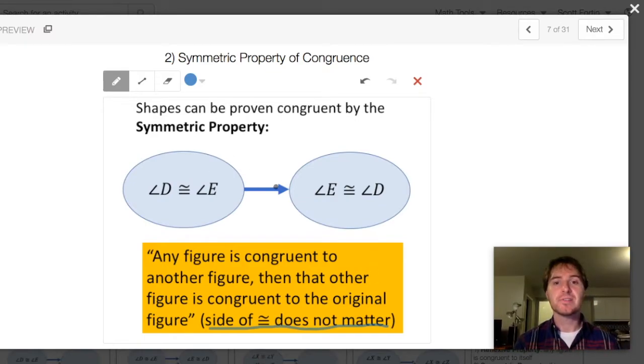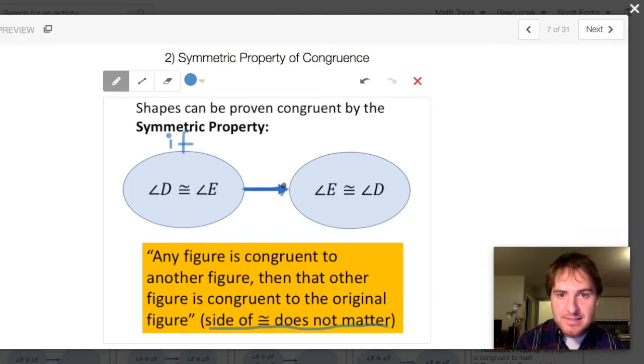So if you remember this, just quick reminders, when we have something written out symbolically like this, remember, this is the hypothesis and that is the conclusion. So we read the symmetric property. If you're reading it in your book, they're going to write it like this. If, remember, this is the hypothesis: if angle D is congruent to angle E,